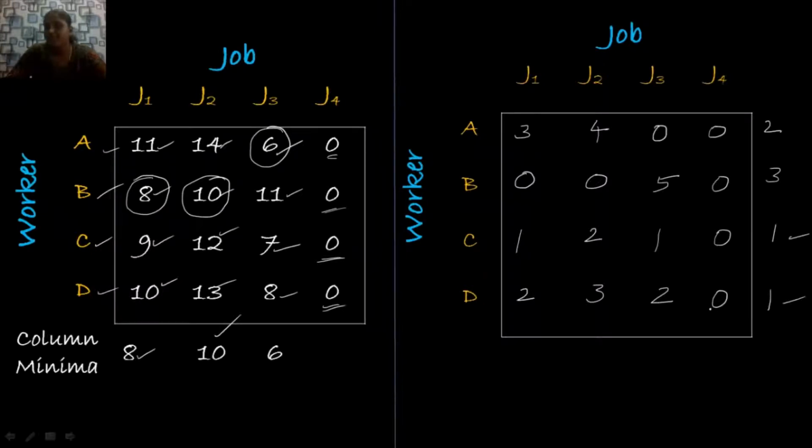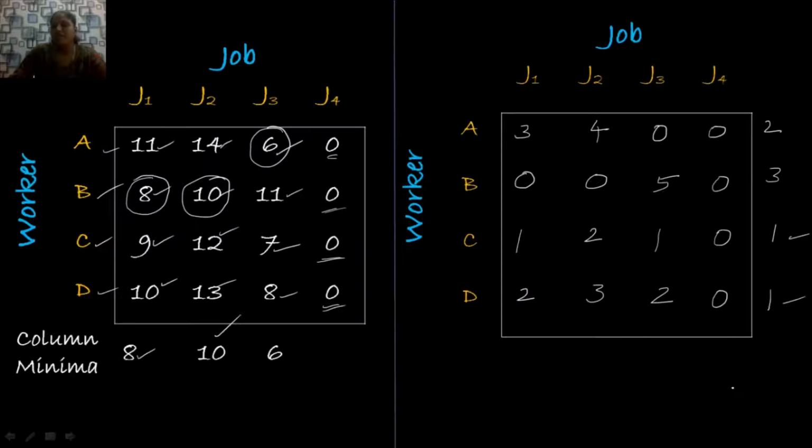So keep in mind that we always give the first assignment for the row which has fewer zeros compared with others. And no need to write the number of zeros outside of the matrix like this. This is for your understanding purpose only. You just keep that in mind and make an assignment. That's enough.